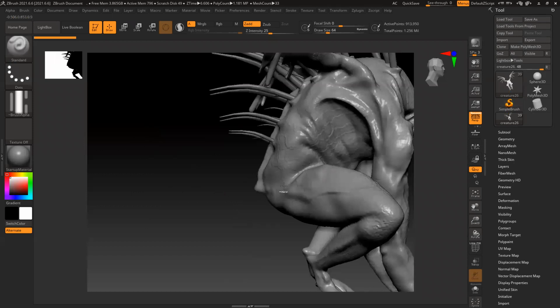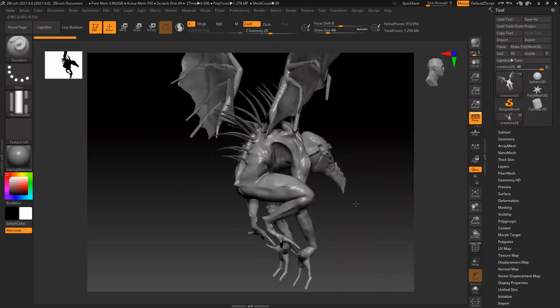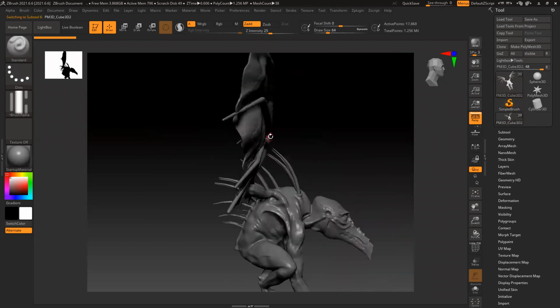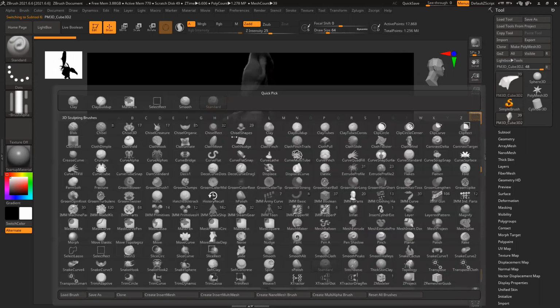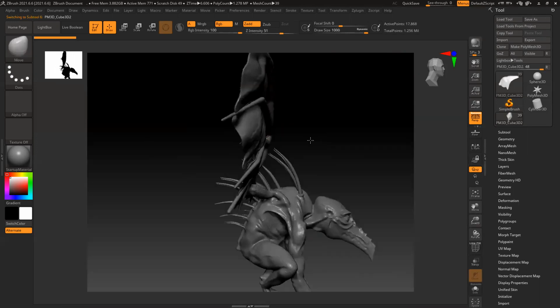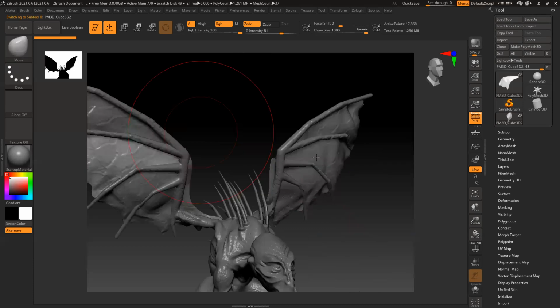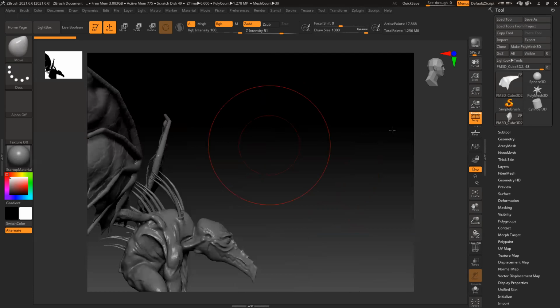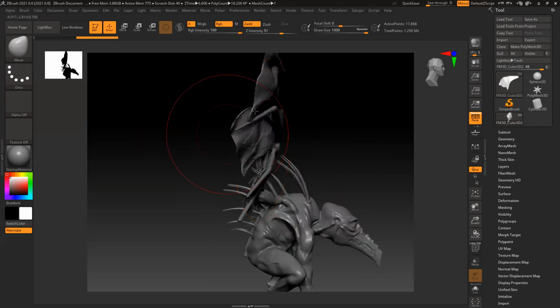It is not bad. Only thing that I feel with this one, this wing should go like this.